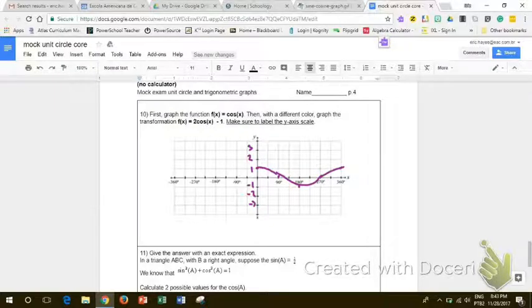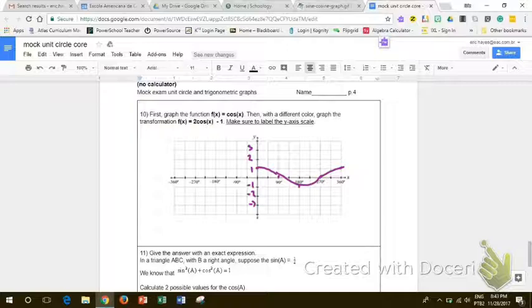Okay, now how do we do our transformation? I would suggest that you follow, as Mr. Tsubaki says, the PEMDAS rule. So what we do in PEMDAS, or GEMDAS, whatever you want to say, grouping, parentheses, doesn't matter, you look at parentheses first. So we're going to apply this first transformation, which is the multiplication. 2 times your cosine. What does 2 times the cosine do? That means each of our values that we start at, 1, 0, negative 1, 0, we're going to multiply by